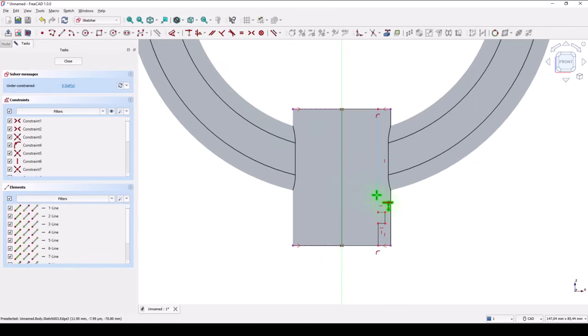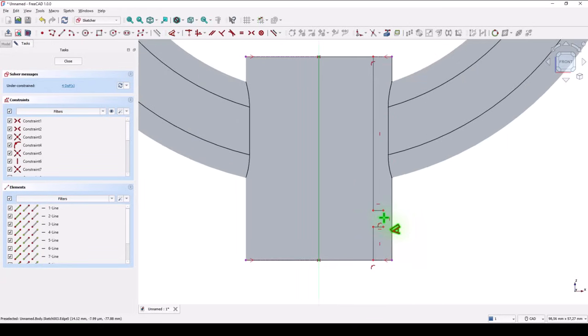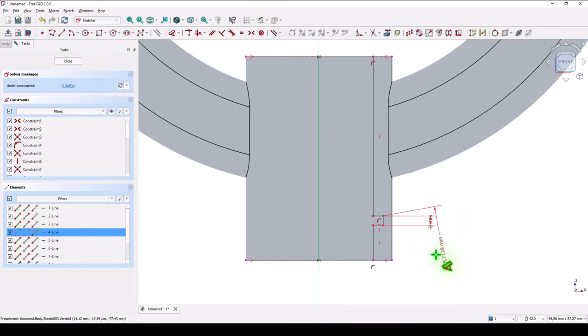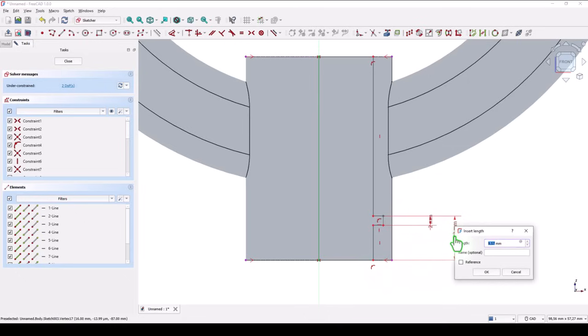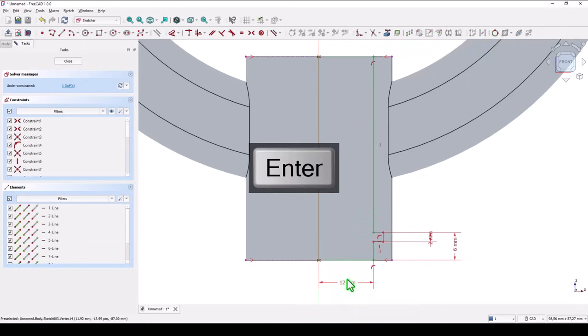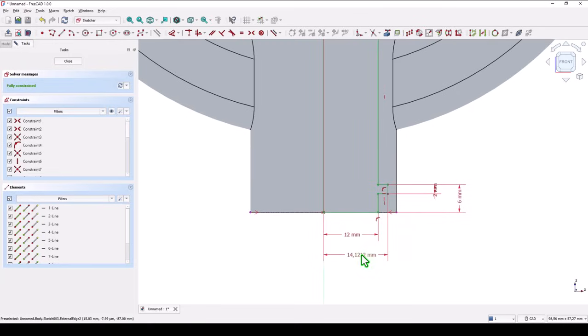We place this line coincident with this point and dimensions. This is 2 millimeters. This is 6 millimeters. This is 24 divided by 2, and this is 28 divided by 2. Close,